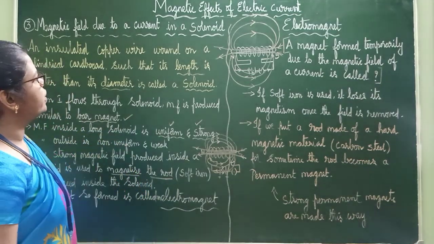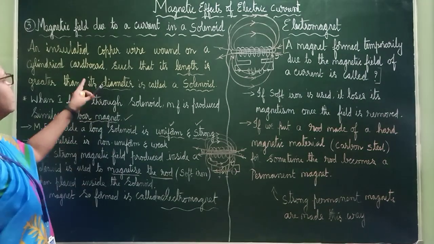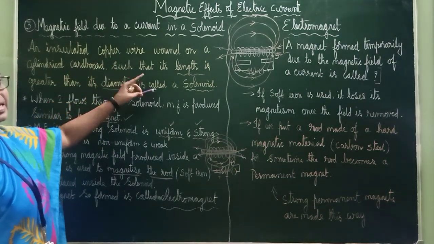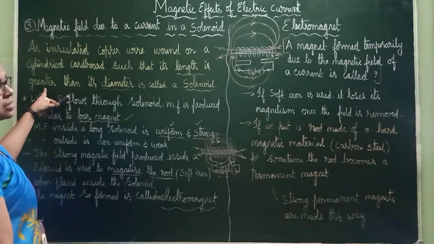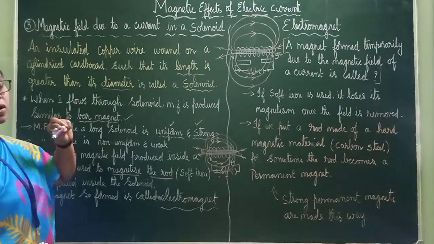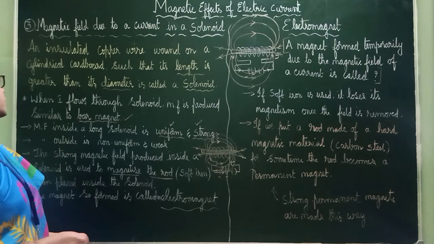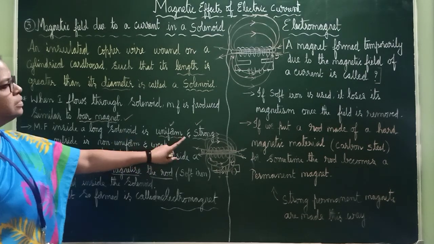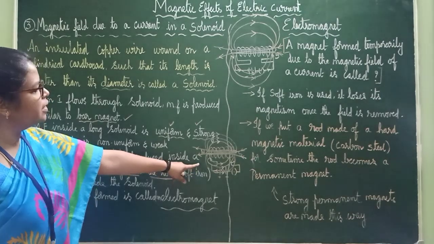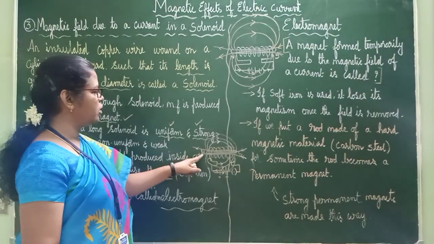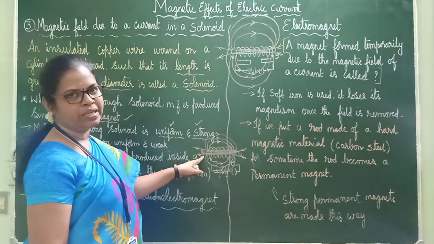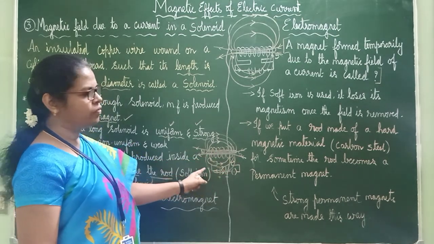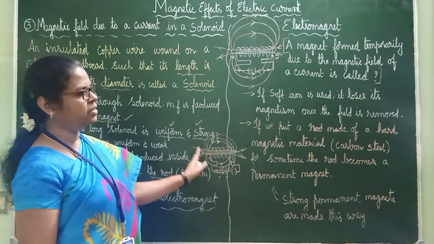So in case a solenoid question is asked, what is a solenoid? Insulated copper wire which is wound on a circular board such that its length is greater than its diameter. It's called as solenoid. And what happens in a solenoid, you should be able to explain. This will work like a bar magnet. In case it works like a bar magnet, how should we represent this? One end should be taken as north pole and the other should be taken as south pole. And here current will flow from positive to negative, and all these things you should mention.